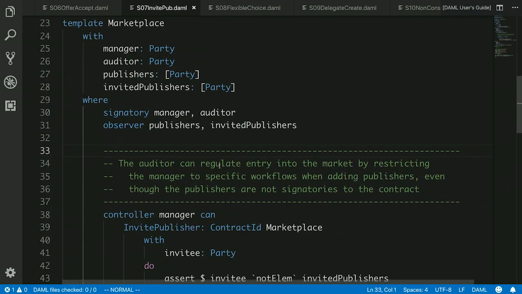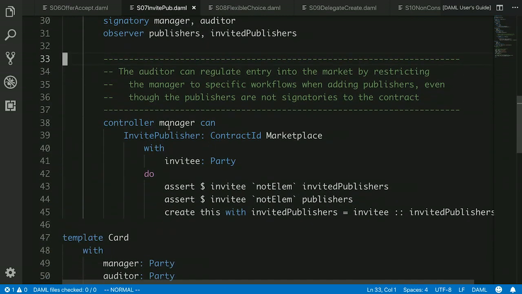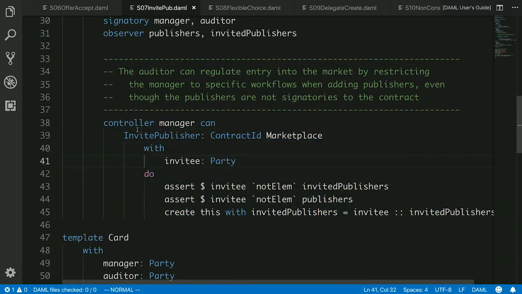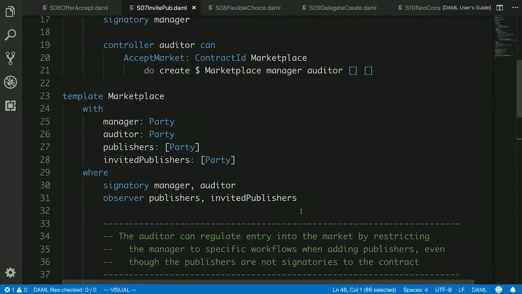In this particular case, this marketplace grants the manager the permission to invite a publisher to join the marketplace. So here the manager can invite the party, and we can add that to the publishers. Now, I will point out that there's no need for an offer and acceptance here, because the signatories to the marketplace are still only the manager and the auditor.